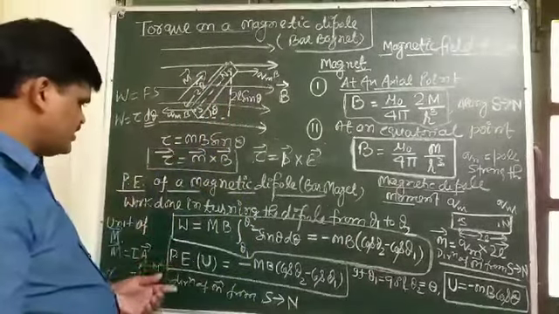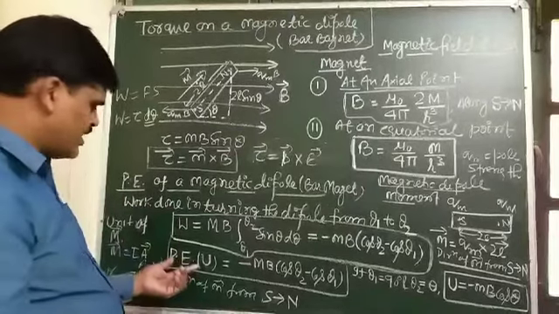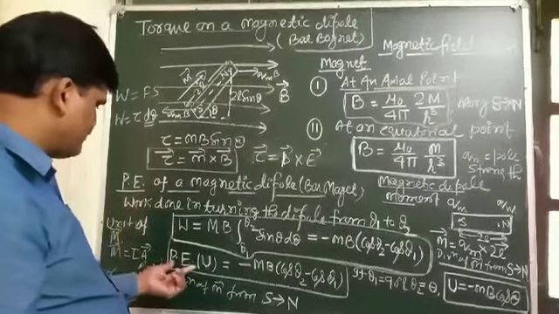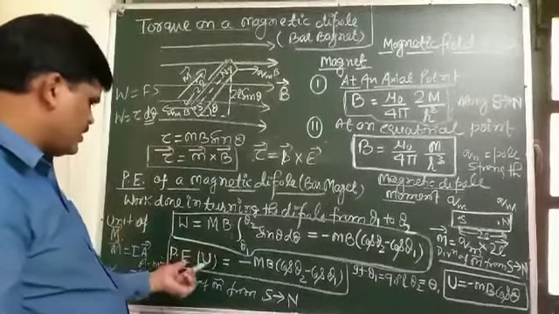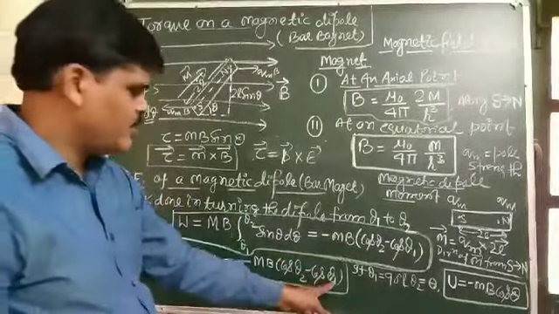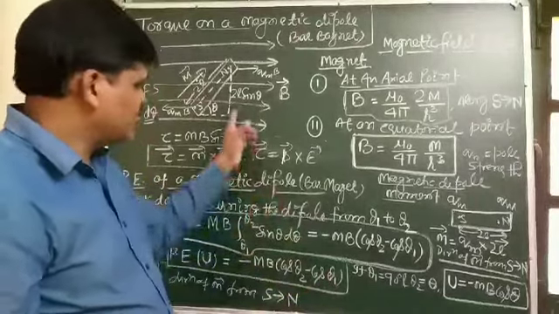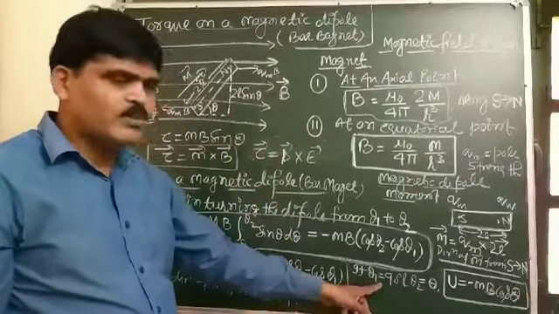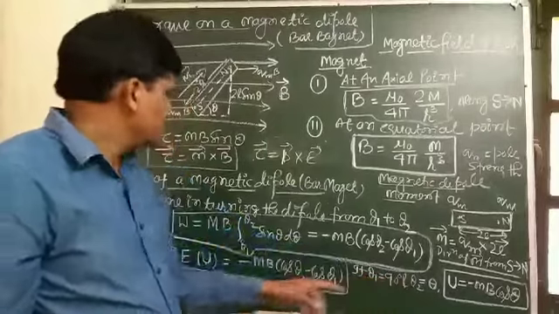So for the potential energy of a magnetic dipole, you must write down this formula directly: potential energy is minus M B times cos theta 2 minus cos theta 1, and for the initial condition, if theta 1 is 90 degrees, here theta is